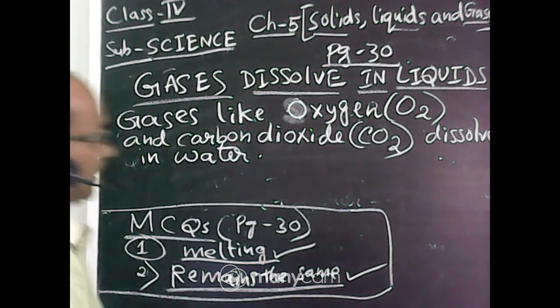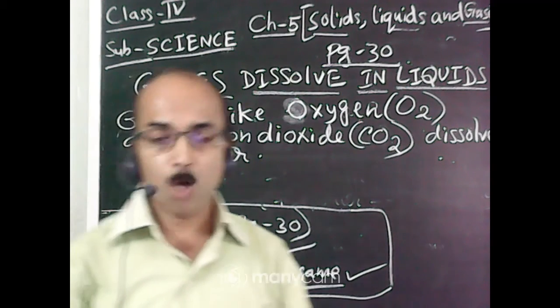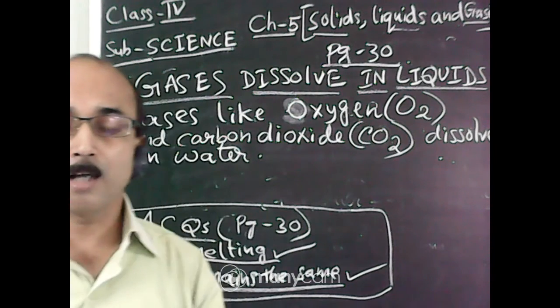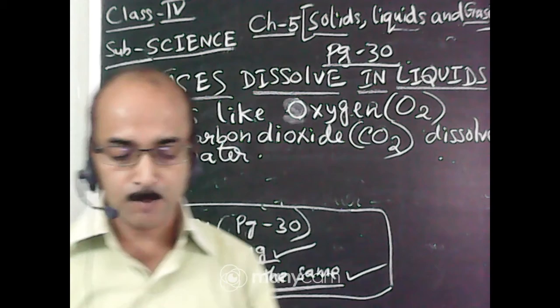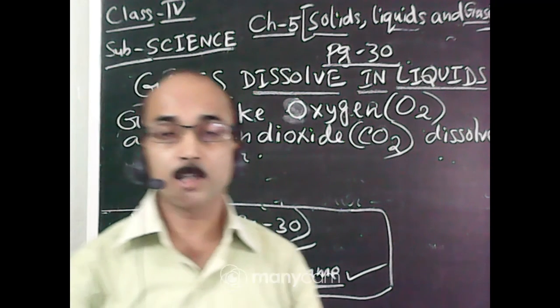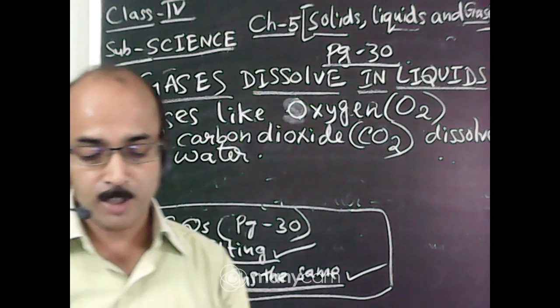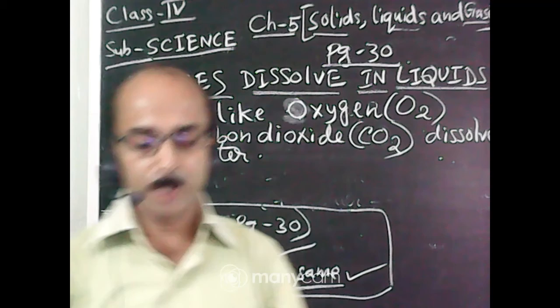So we have seen this one. Carbon dioxide you can see in soda water or soft drink. When you open a bottle of soda water, the dissolved carbon dioxide escapes rapidly in the form of bubbles, and in the water in the ponds, lakes or seas, there is a lot of oxygen dissolved in it. So aquatic plants and aquatic animals use this oxygen to breathe.